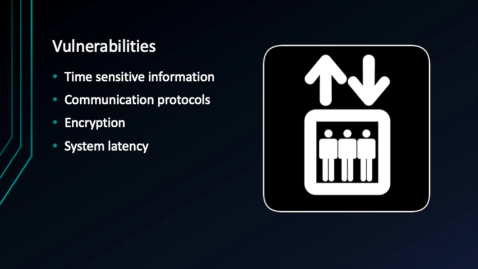Some vulnerabilities to communication systems using real-time embedded systems stem from the time-sensitive information, communication protocols, and encryption. These all lead to increased system latency, which in turn limits the efficacy of time-sensitive information, which can endanger the overall use and safety of the system. Time-sensitive information is especially a concern with hard real-time embedded systems, which have stringent deadlines that must be met for the proper operation of the real-time system. If these deadlines are not met, there may be a catastrophic failure to the system accompanied by safety concerns that